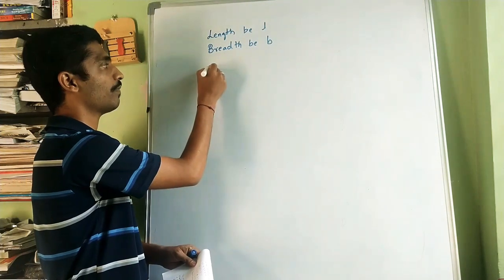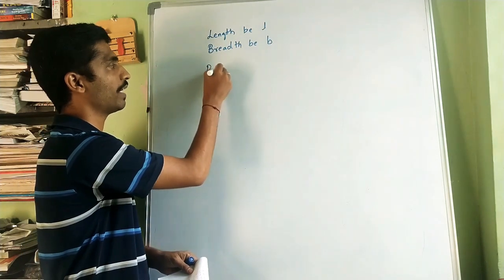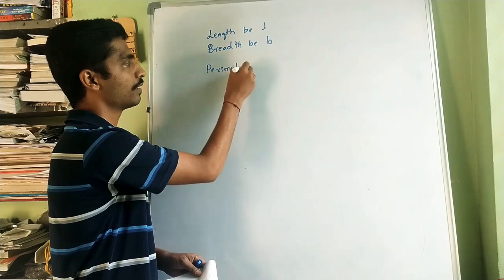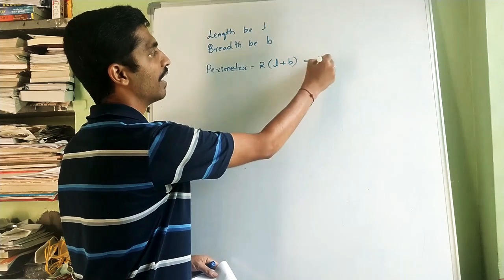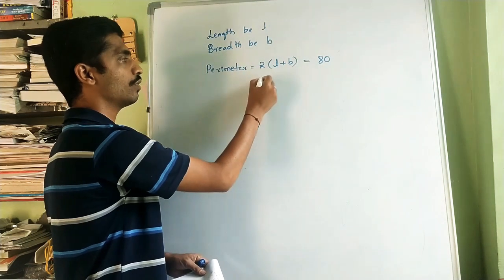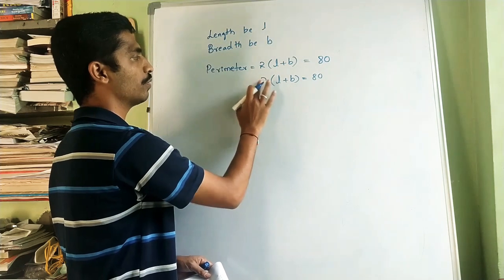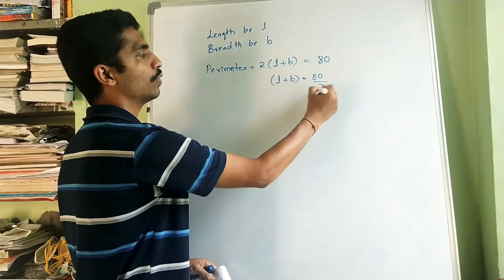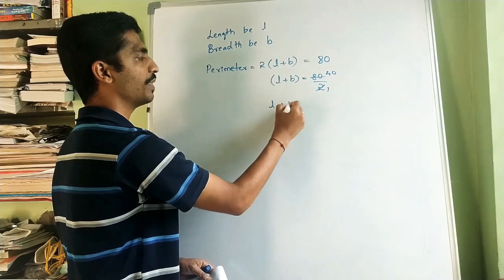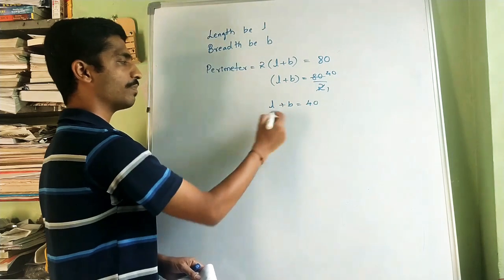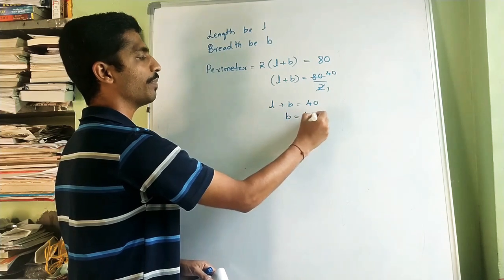So what is the formula for perimeter of that rectangular garden? The perimeter formula will be like this: perimeter equal to 2 of L plus B. So that is how much? 80. They only mentioned. Okay, so if I take 2 of L plus B equal to 80, if I take 2 that side, it becomes divisible. 2 ones are 2, 2 40s are 80. So L plus B becomes 40 now. So from this, make one value for L or B.